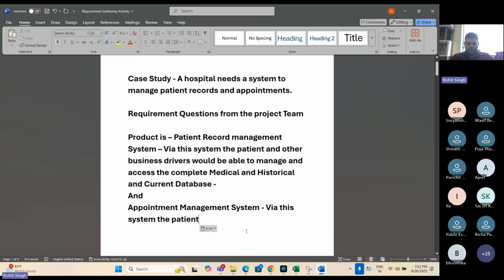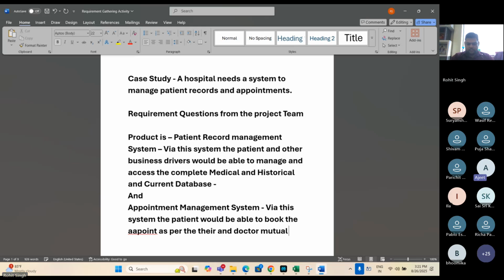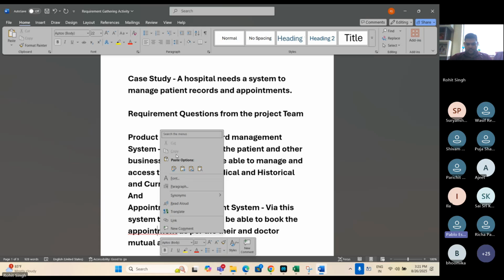Via this system, the patient would be able to select the appointment as per their and the doctor's availability. We can also mention the refund policy as per the appointment, if someone is booking.